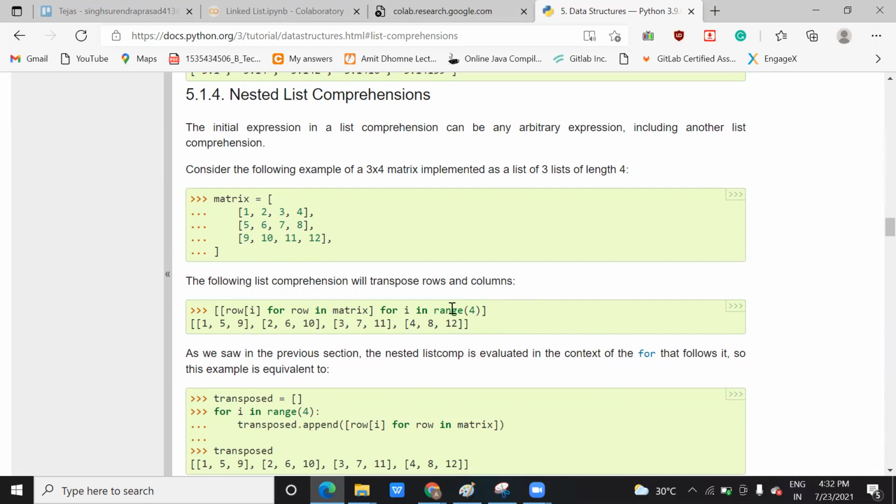Range 4 means the range of elements starting from 0 index to 3 index; as I said, in Python we follow the n minus 1 rule. Because we passed 4, it is going to take from 1 to 3 for every I in that range. This is how nested list comprehension works.